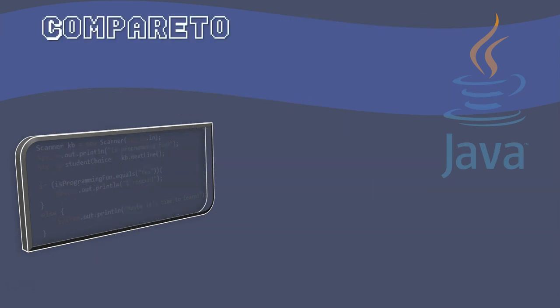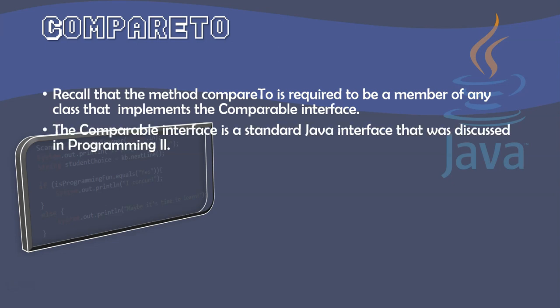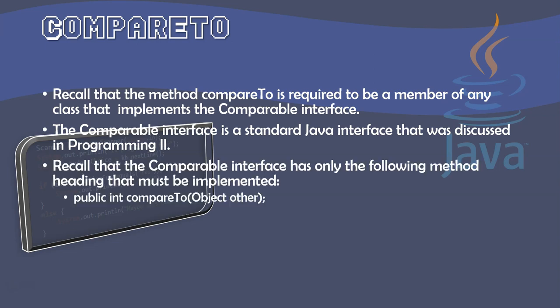Well, notice in there we're using the compareTo method. All right, and what compareTo says is, if I use compareTo, it has to implement the Comparable interface. And we remember this is a standard Java interface that we discussed back in our Programming 2 materials. And recall that it only has the following method heading that has to be implemented: